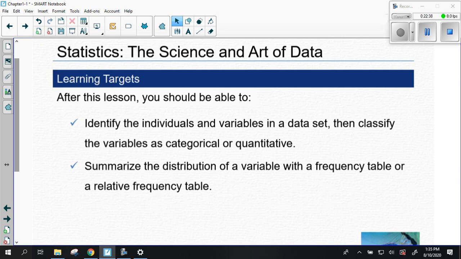So now we're going to turn you loose on some of this and have you do some of the same